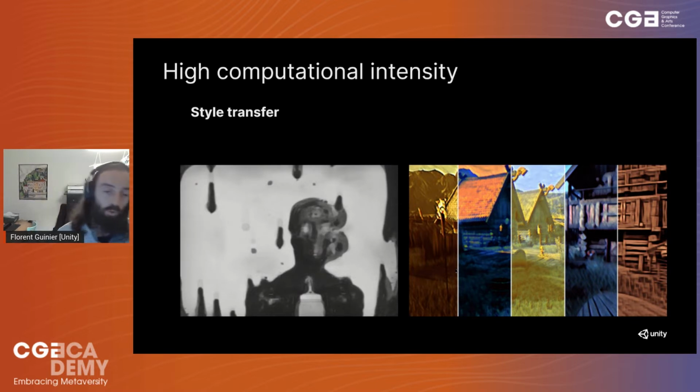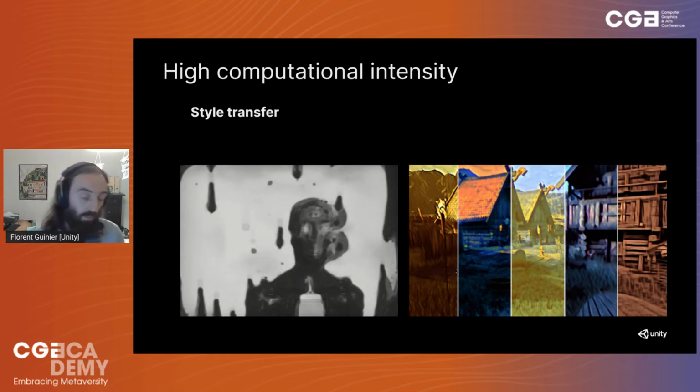But basically, very shortly, what is style transfer? You get an image. Could be a render, could be a picture, and there are two things in that image. As humans, we can see the content, which is more likely to be close to the shapes. So for example, on the left, you can definitely see that it's some kind of human or a shape that looks like a human, even if the style is quite different. So on one hand, you get the content of the image, and on the other hand, you get the style of the image. And style transfer is about keeping the content but replacing the style with another one.